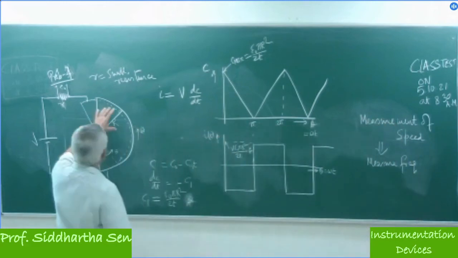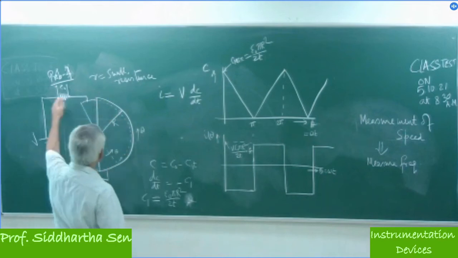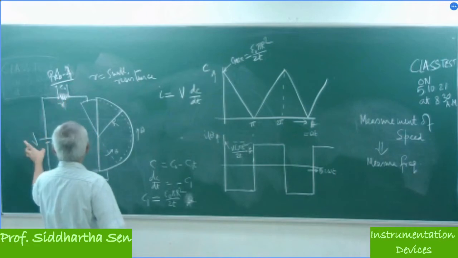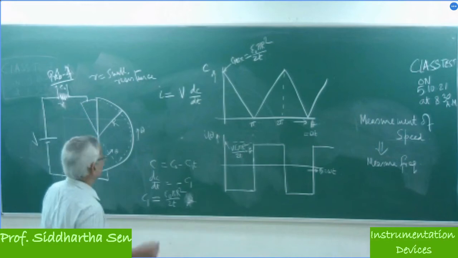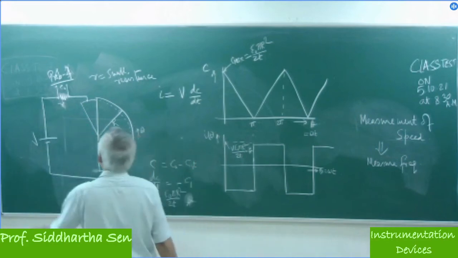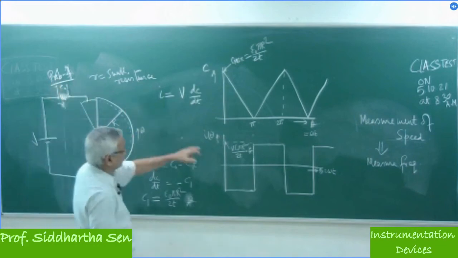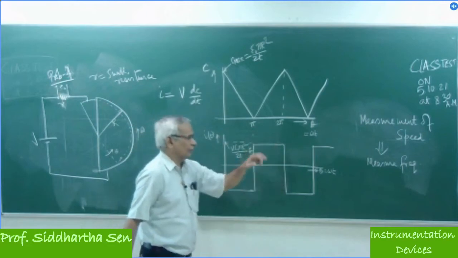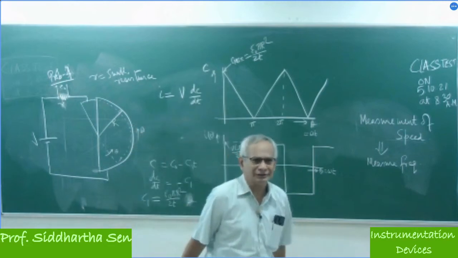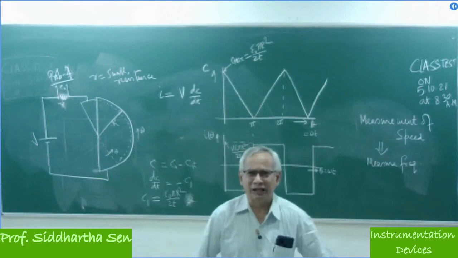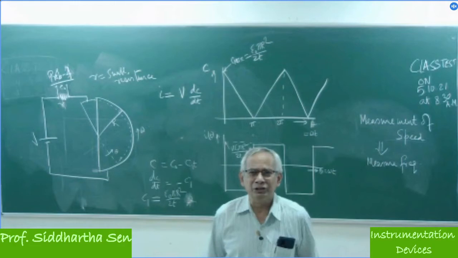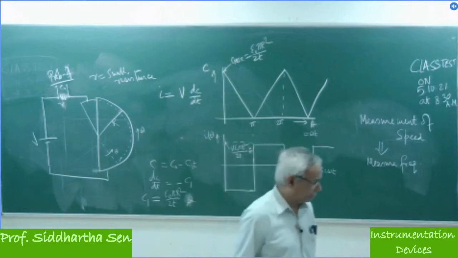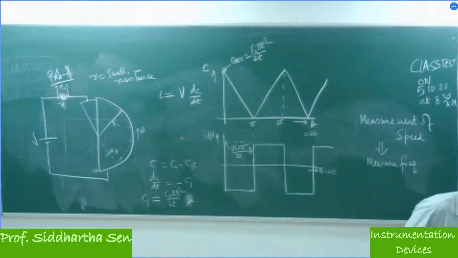So here, one plate is fixed and another plate is rotating at a constant angular speed omega. Using a DC voltage and a negligibly small resistance, you measure the voltage and get a waveform like this. You pass it through a zero crossing detector, measure the frequency, and you can get the speed. So we can have a very simple speed measuring technique. Am I clear? This is one application of this.